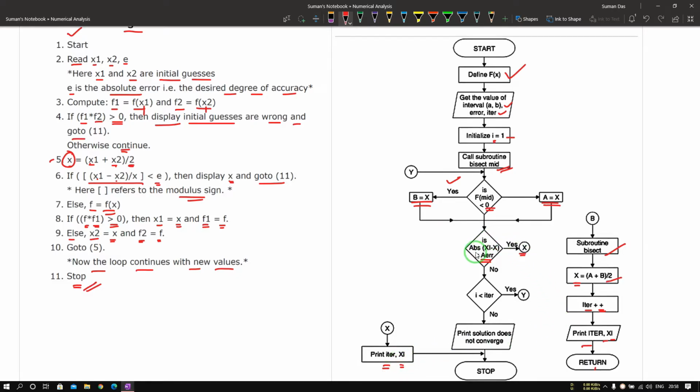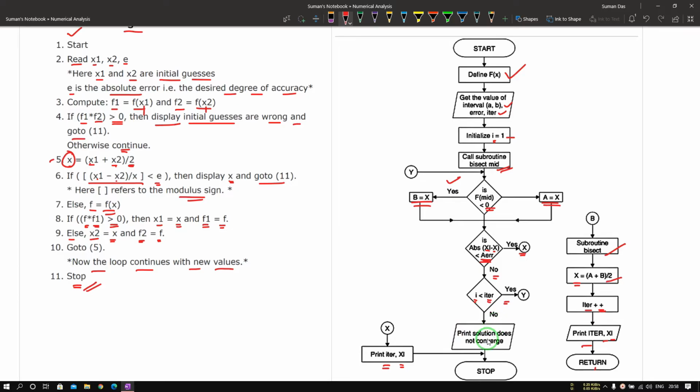Is the absolute value of x1 - x less than the error? If no, then we check the condition whether the iteration is greater than i. If that is yes, then we proceed once again from the condition f(mid) less than 0.